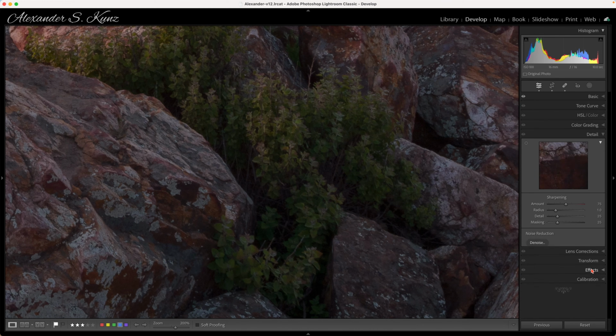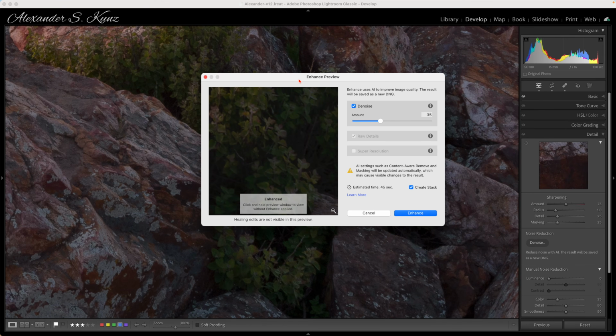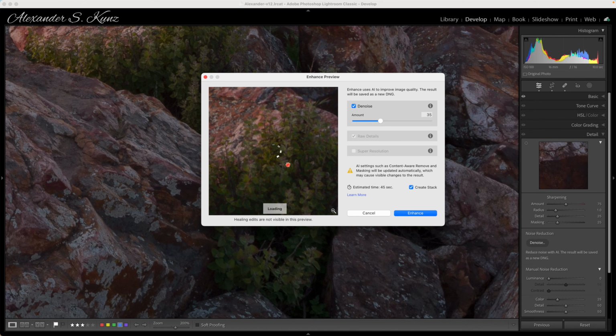And it just so happens that Lightroom Classic version 12.3 has this new AI-based denoise feature. Clicking on this button here brings up the Enhance preview, where I can adjust my noise reduction. The value here, the amount, is something that can be tricky to determine, of course. I'd maybe go into an area that is a little bit lighter and contains both darker shadows and lighter highlights. And then one approach would be to go all the way to 100, where everything looks very flat and